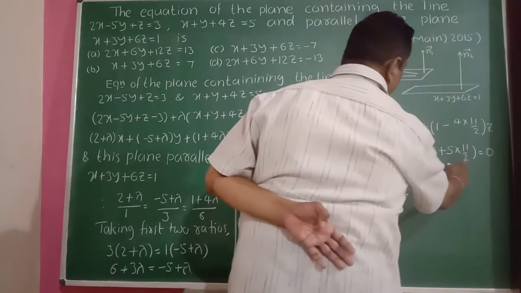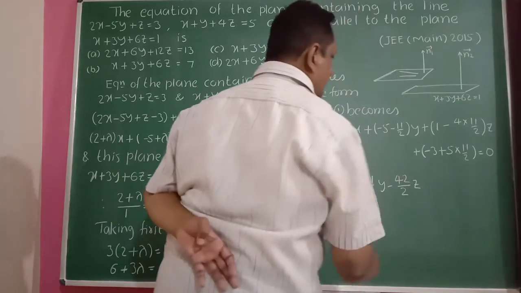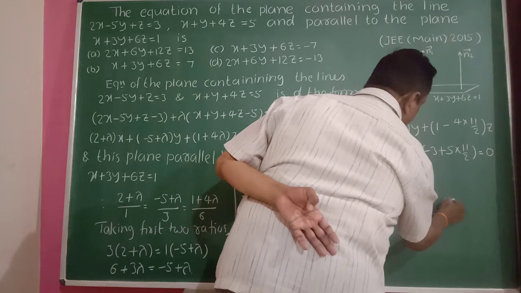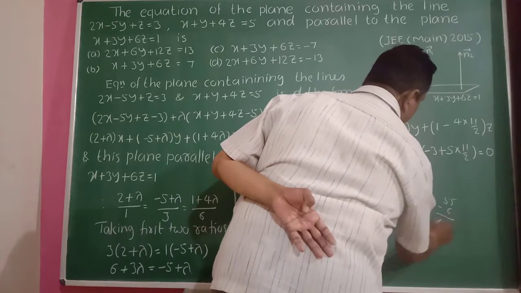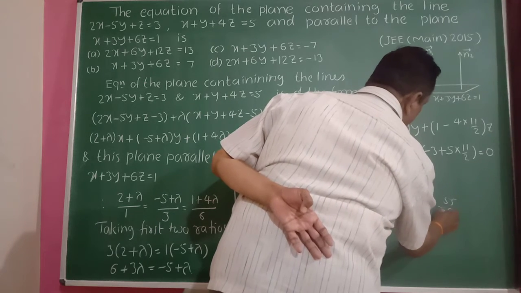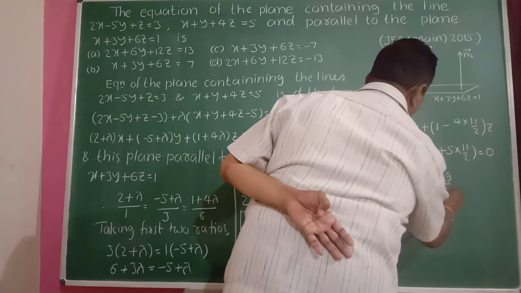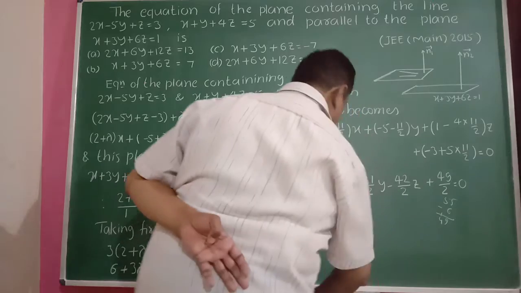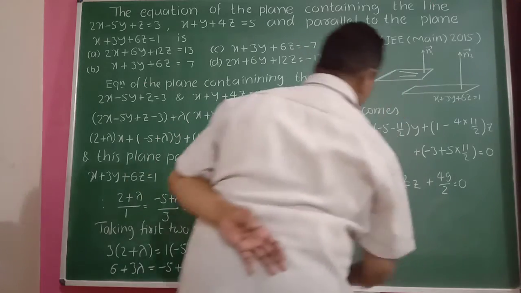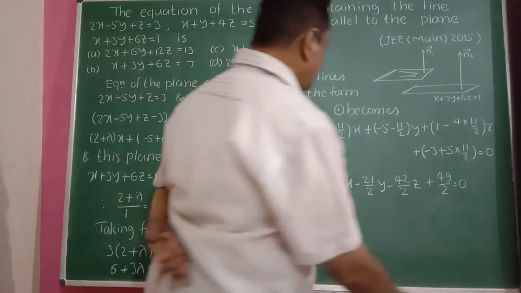Here 2 3s are 6, minus 6. 11 5s are 55, 55 minus 6 here. So 49, so plus 49 divided by 2 is equal to 0. Then dividing each term